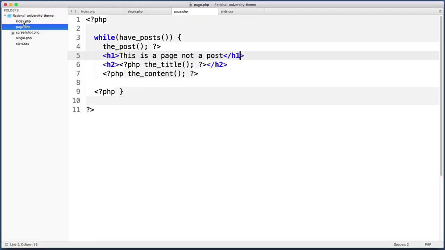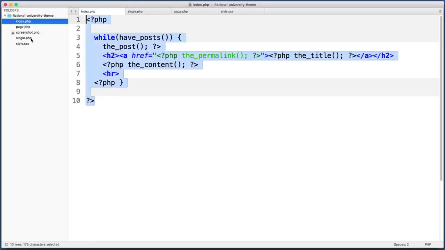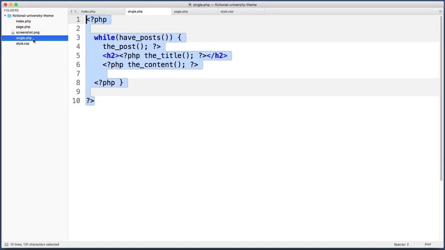And even though we have these different files like page, index, and single, they all have one very important thing in common. And that is that they all use the famous loop, which is this general pattern of doing something once for each item in a collection, even if that collection only has one item in it. In the WordPress universe, the loop is a famous term. Any WordPress developer will know what you're talking about if you mention the loop. The loop is at the heart and soul of WordPress, and it's something that we will use again and again